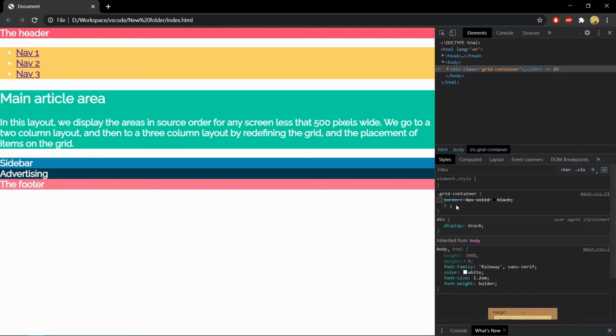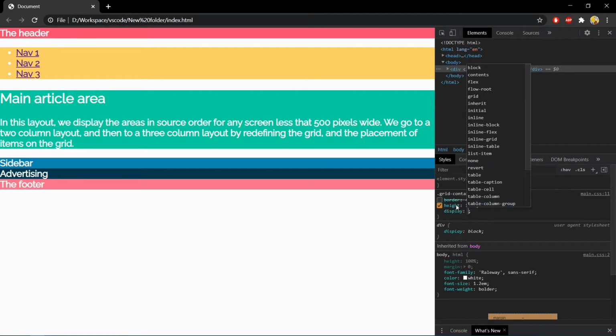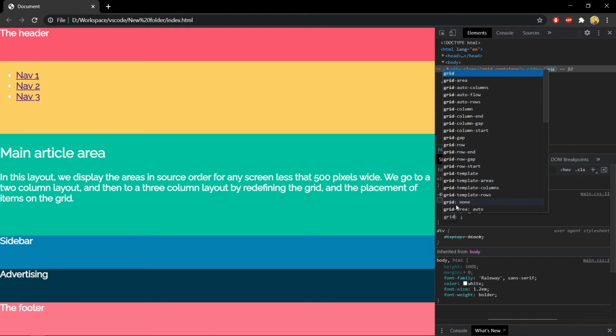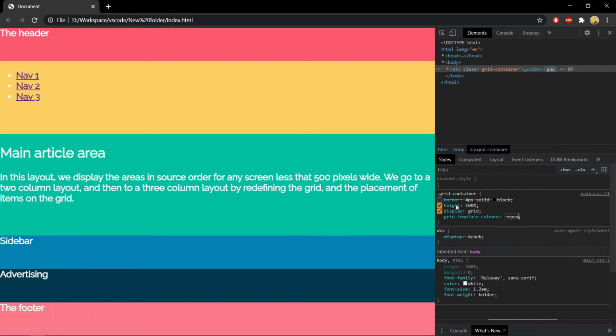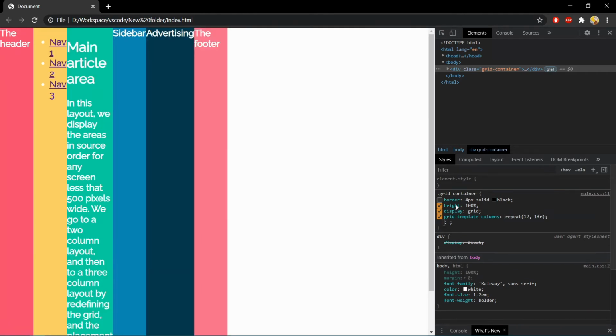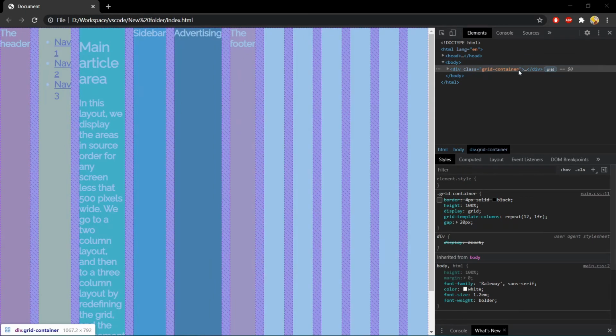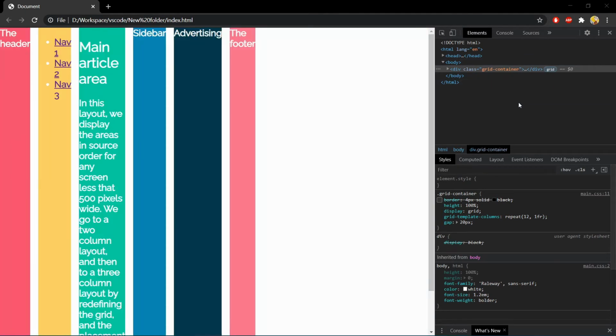Remove border, height 100%, display grid, grid template columns. We have defined our grid using a 12 column system. Now let's see how we can place these atoms in their proper position.